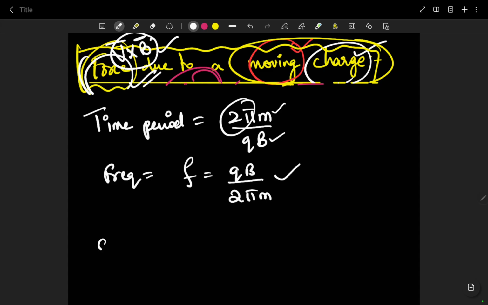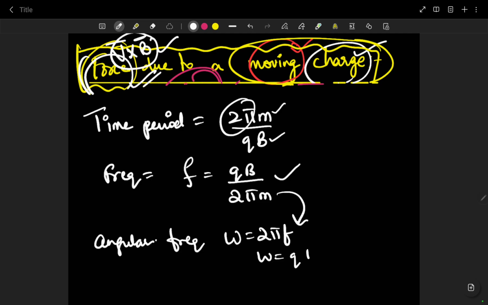And the last one is, sometimes they do ask you about angular frequency as well, chapter number 6 grade 11. You know angular frequency is denoted with omega. Omega is 2 pi f, so you can multiply this f and let me know if this is right or wrong. qb by m is what you can measure, right? So these three formulas we need over here: T,